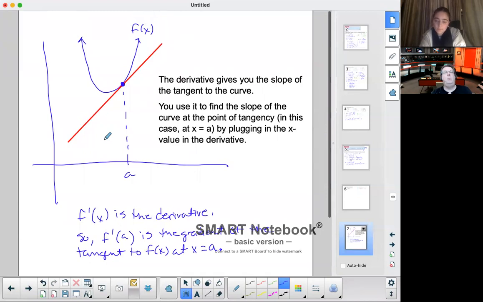Furthermore, slope measures the change of the line, how the line is changing. If it has a slope of, say, 5, that's really steep, changing very rapidly. The same exact thing applies to the curve. The slope of a curve is changing constantly, so what we say is the derivative gives you the instantaneous rate of change for the curve.